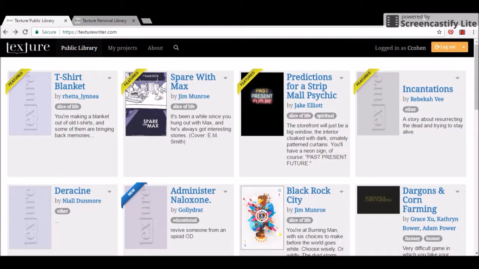Hello. Today I'm discussing Texture Writer, or Texture, which is an interactive fiction writer. The collaborators who created it said they were intrigued by the possibility space between Inform 7 and Twine. I think those who are a little nervous about starting with Inform 7, but who feel some of the limitations of Twine, may find this more user-friendly, and a great, almost